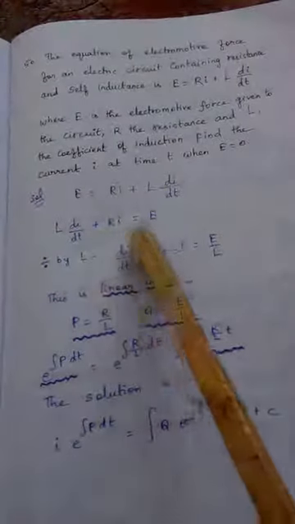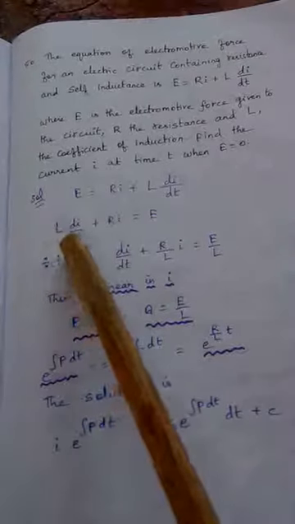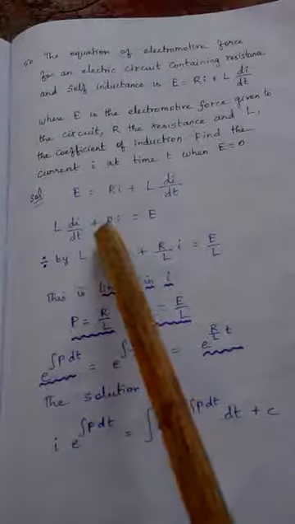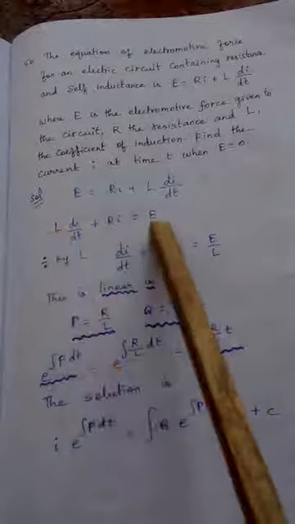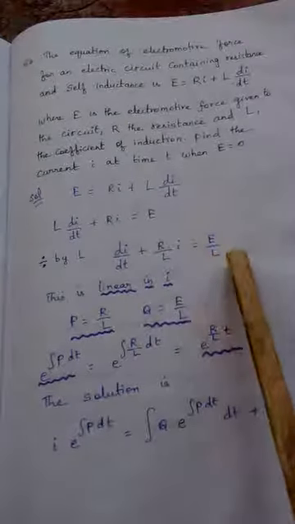Now we are going to make this expression linear in I. If you are continuously watching the videos of previous classes, you will know the meaning of saying linear in I. For di by dt, we should not have any coefficient here, but we are having L. So what we do, we will divide throughout by L. So here L will go, here R by L will come, E by L will come, right? Dividing by L on both sides. So the L cancels here. Here L will come in the denominator. Here also it will come in the denominator.